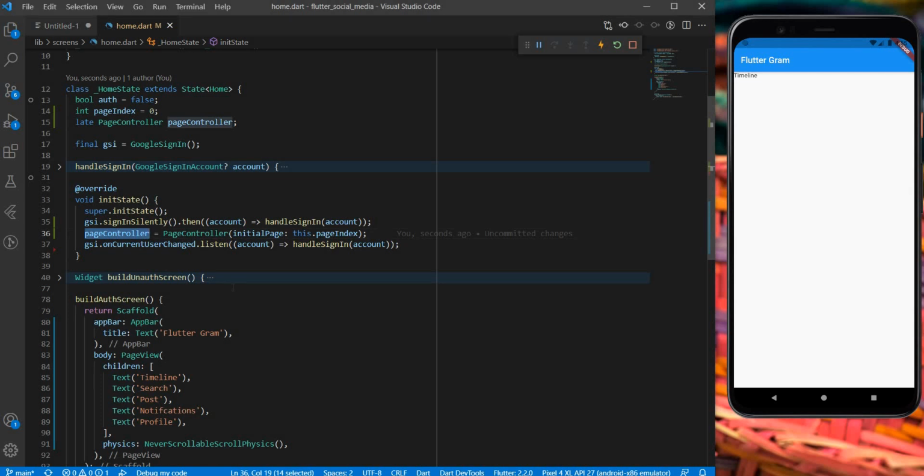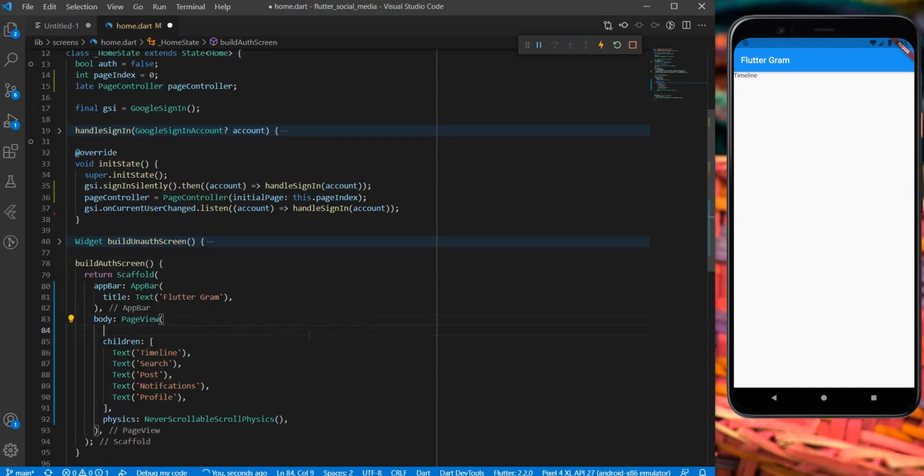Alright, so after being able to create our page controller, we are going to make our page view make use of this page controller. So let's come down here and let's specify the controller for this page view is going to be the pageController, and we can save our file. Now here we have defined the initial page as this.pageIndex, which happens to be 0.